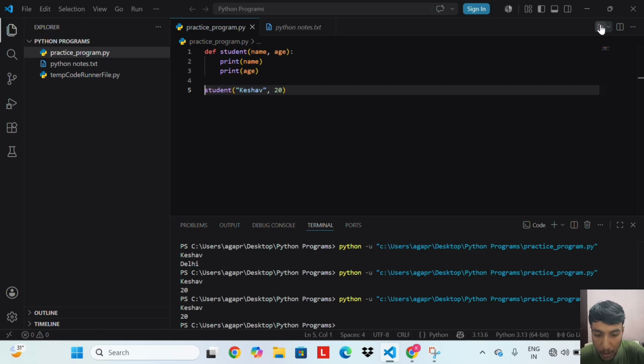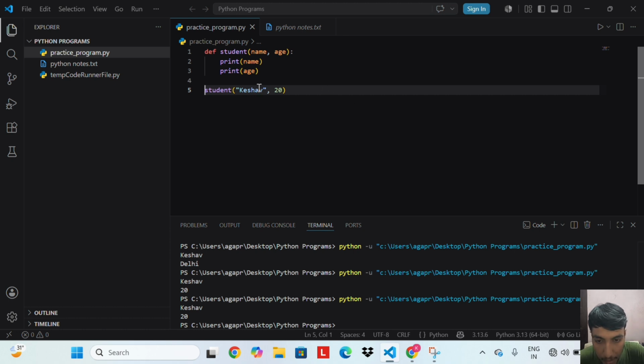If I run this code, I get Keshav and 20. Positional arguments are passed in order. The first value goes to the first parameter and the second value goes to the second parameter, like Keshav goes to the first parameter name and 20 goes to the second parameter age.